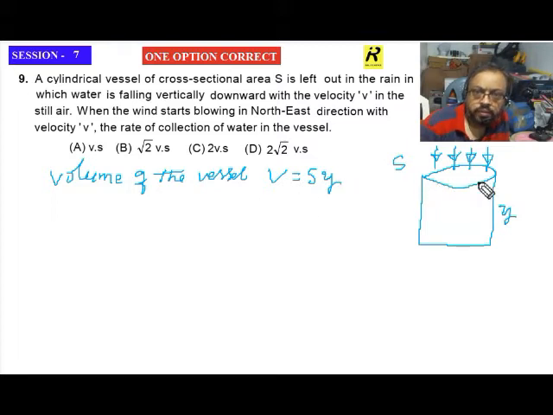If the volume gets filled in some time t, say in time t, it fills completely,